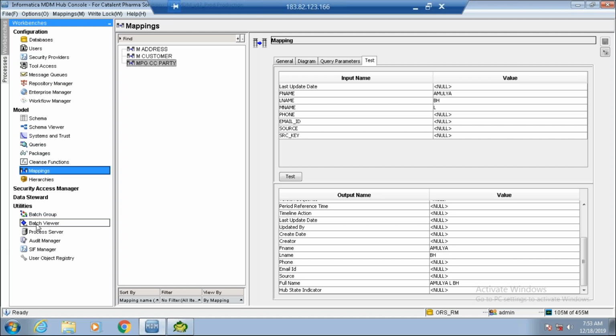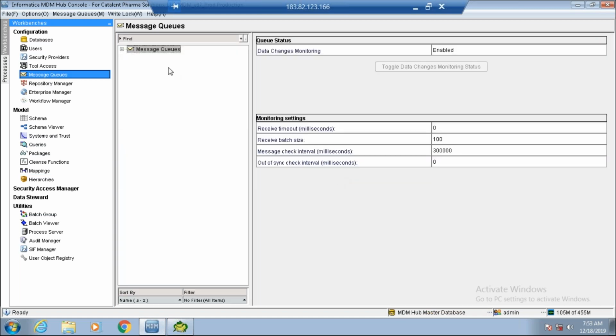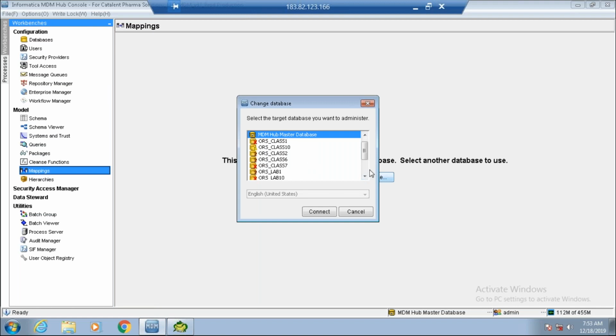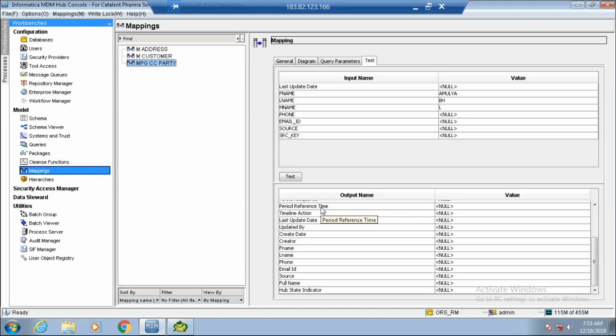Now to send any message queue or a mail to downstream systems, we said that we use something called message queues, where it triggers the downstream system or sends an alert when there is an update. For that, we would like to add some third-party servers. Correct? We get some server details here and then we add them here. Similarly, for my MDM mappings to work, I need a third-party server called cleanse server. And this cleanse server comes from the Cyperion cleanse.ear file. We need to have that server configured in MDM so that my MDM mappings, jobs, and all will run.